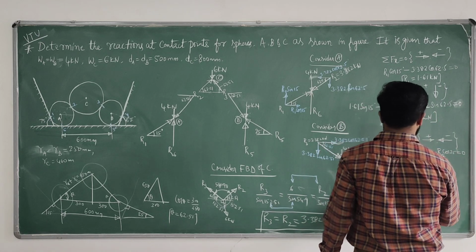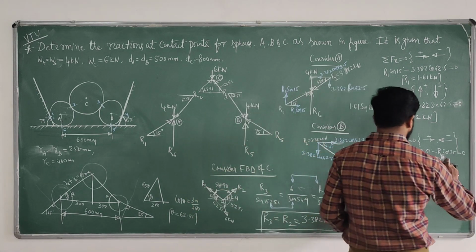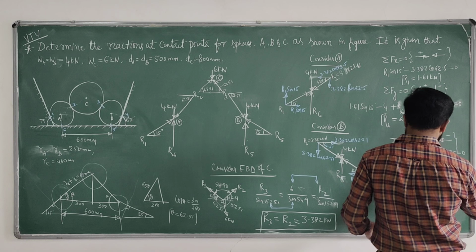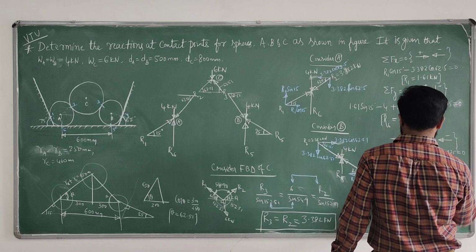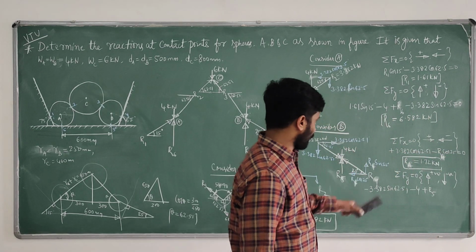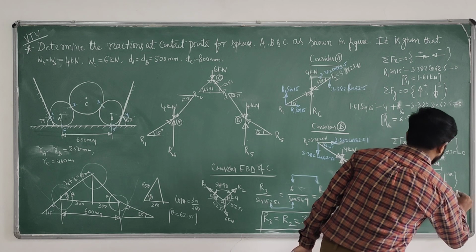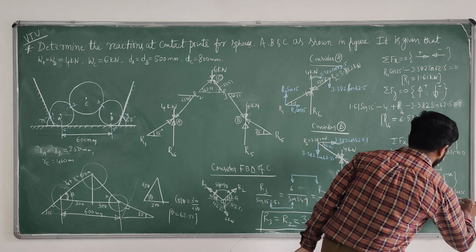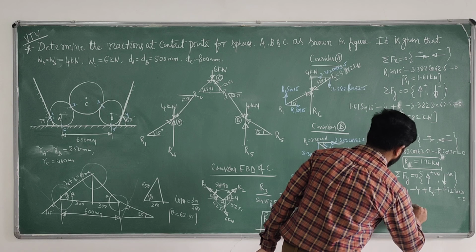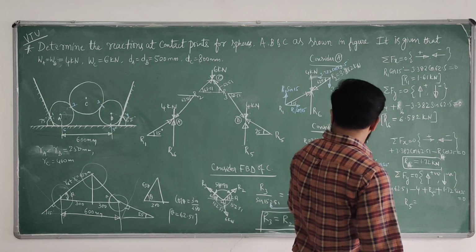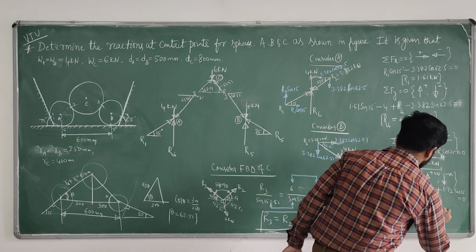So we determined the R4 value. What is the R4 value? Just verify. 1.72 kilonewton. Now plus R4 value, 1.72 sin 25. Sin 25 equals 0, so we are getting R6 easily now. What is R5? 6.27. If you just do this, minus 4, 6.27 kilonewton.